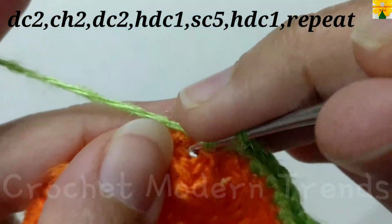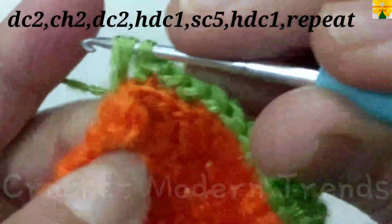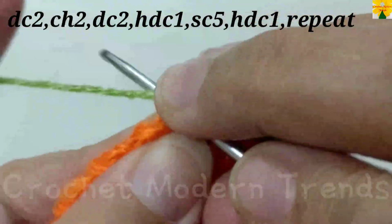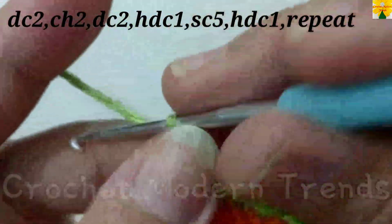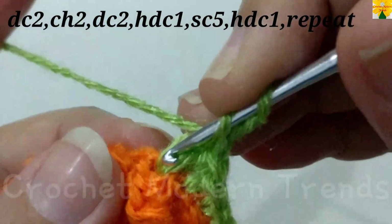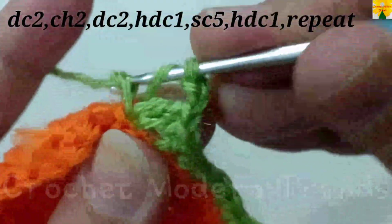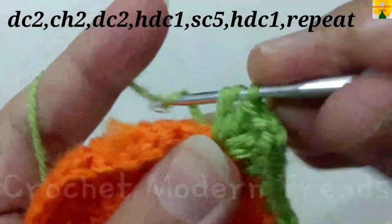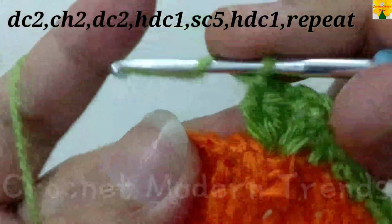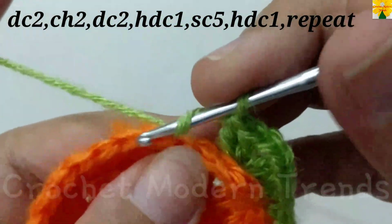Yarn over, just behind the ears, double crochet 1 into the same stitch, double crochet 2, chain 2 for chain space. Into the same stitch, double crochet 3, double crochet 4 into the same stitch. Yarn over, on the top of the next stitch,